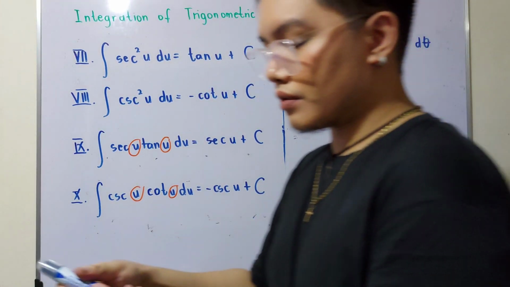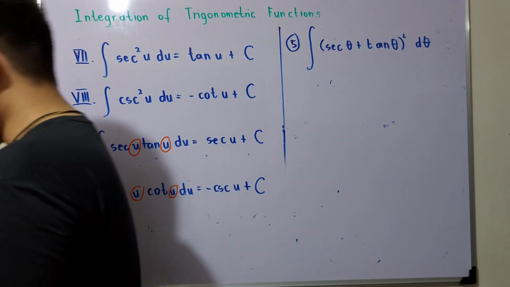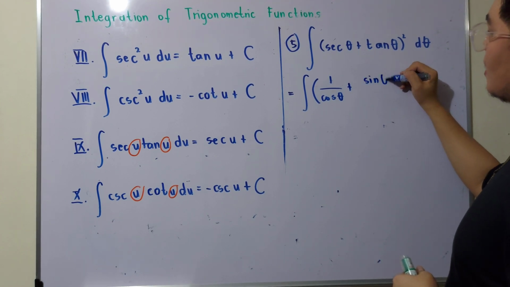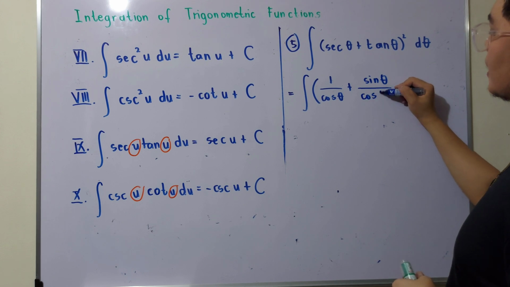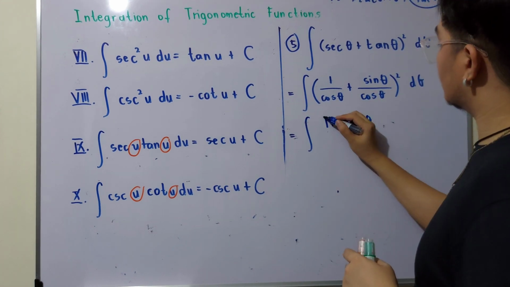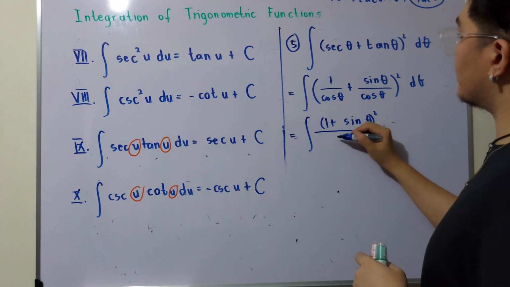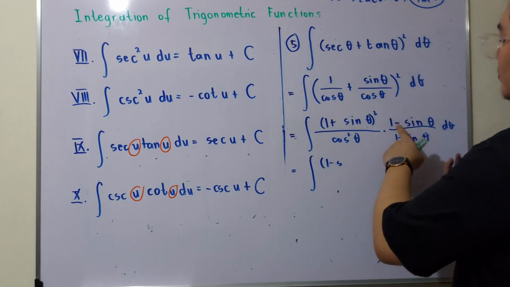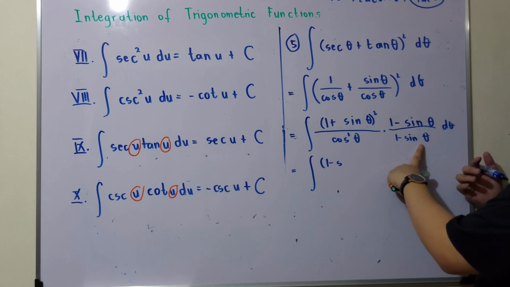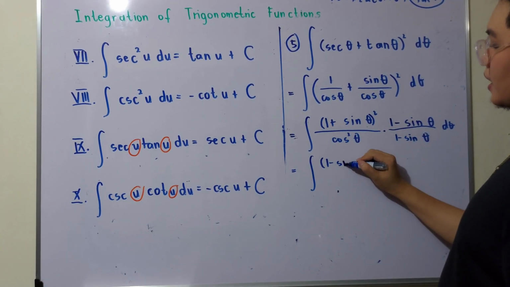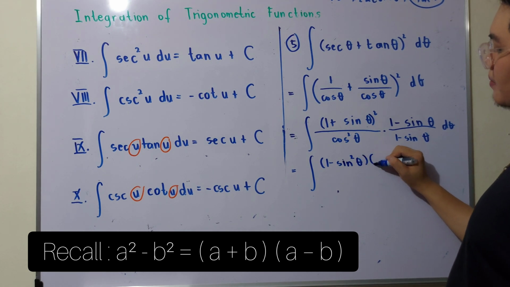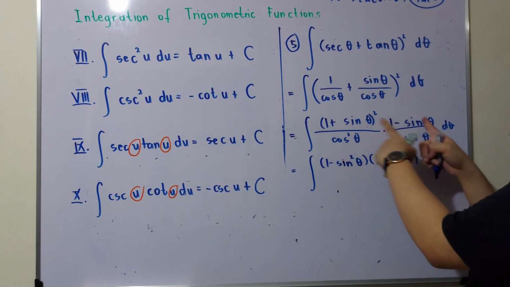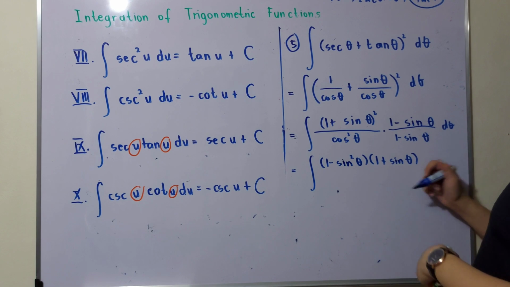Okay, so we have secant theta plus tangent theta, quantity square. Tapos plus sine theta over cosine theta. Kasi tapos sa ilalim magiging cosine squared theta. Okay, so pag nag-multiply tayo ng 1 minus sine theta all over 1 minus sine theta, so sa part na to, merong magiging ganito na. Tapos yung isa matitira. Okay, so diba dalawa yan? So yung isa doon, multiply natin dito, magiging ganito. So sa ilalim,